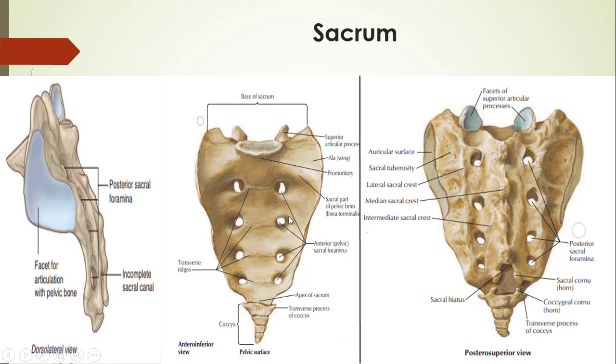So we have anterior sacral foramina and posterior sacral foramina. These foramina are responsible for the passage of posterior rami posteriorly and the anterior foramina for the passage of anterior rami of spinal nerves from sacral 1 to sacral 4. Last note about the sacrum, that the posterior wall of the vertebral canal may be incomplete near the inferior end